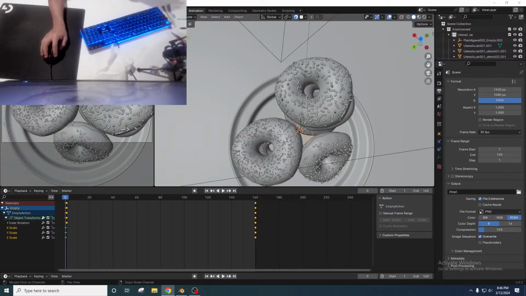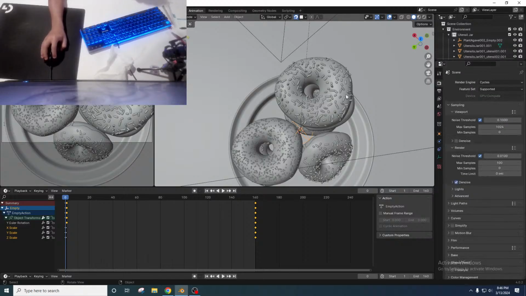We've got the donuts, we've got the animation. Now it's time to do our final lovely render. So we are rendering using the Cycles rendering engine, which, to jog your memory from the rendering video, the way it works